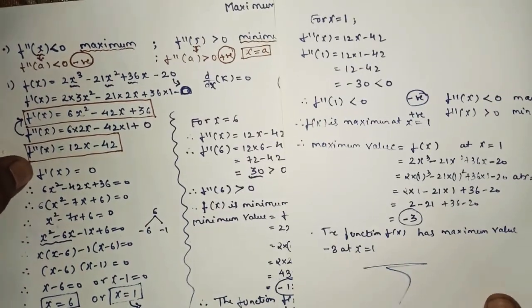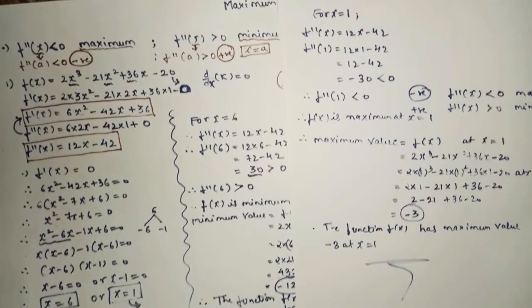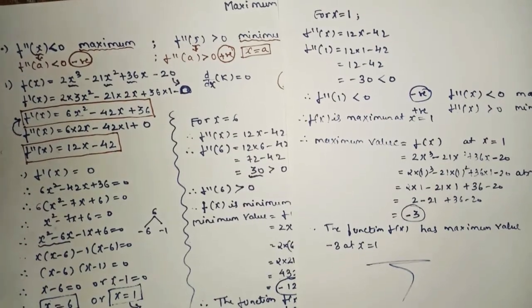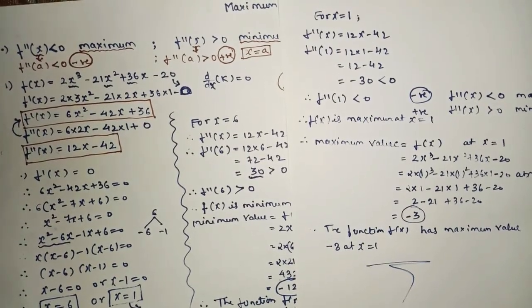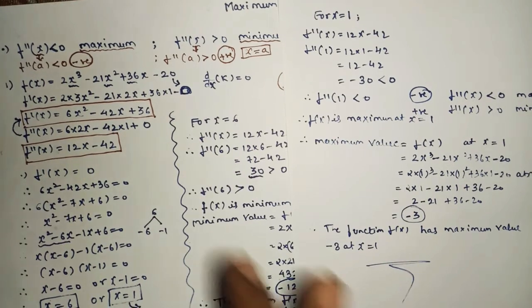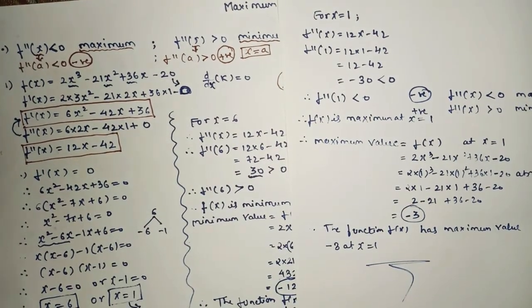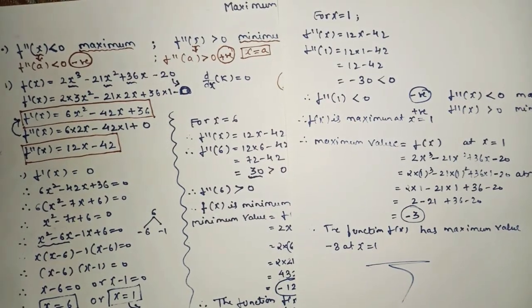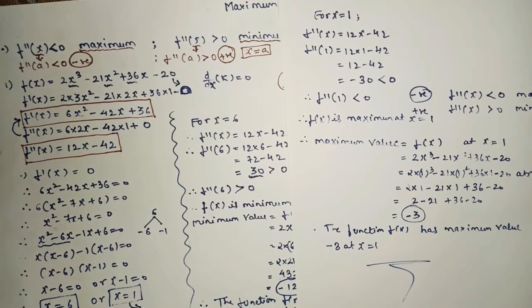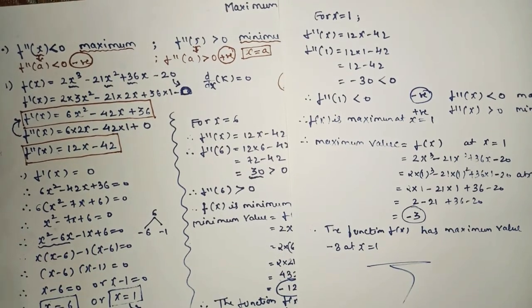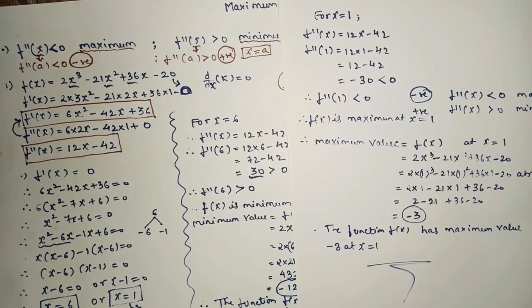As I told you, your third exercise will play an important role for the board exam. From this exercise there are hardly 3-4 sums, and each and every sum carries 3 to 4 marks, not less than that. The same sum is there in your exercise number 4.3, question number 1, the first one. This is a very, very important sum, so practice these sums 3 to 4 times.